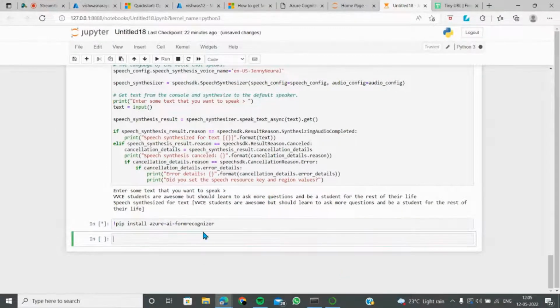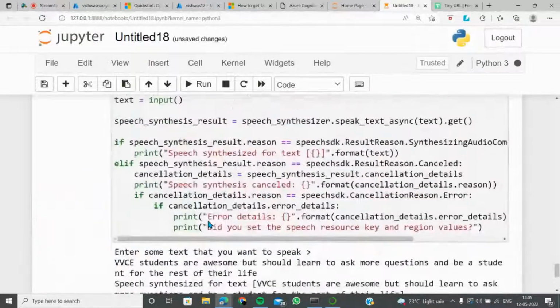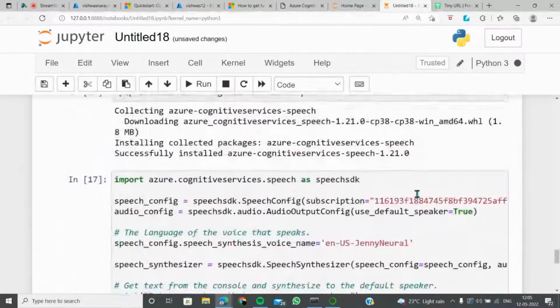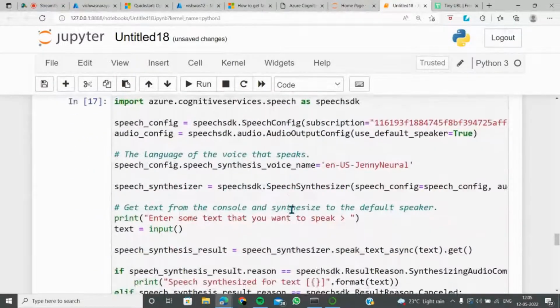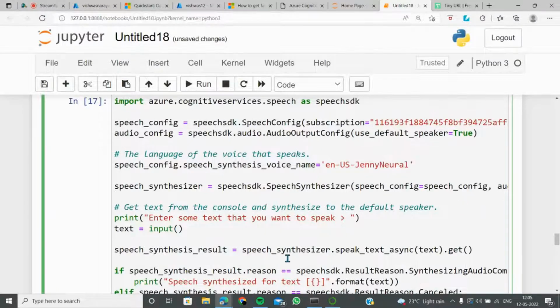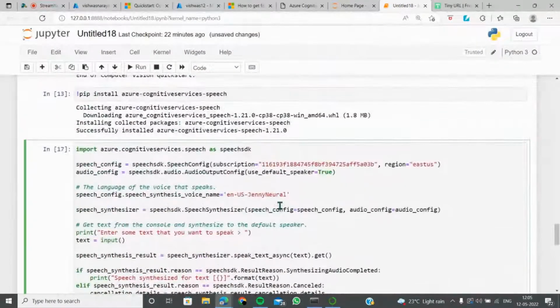You need not do much coding here. You just have to go through that. So this will get installed. By the time, I'll just walk you through the demo of the speech API. So I installed that. That's perfect. What we are doing here is very simple. We are calling the speech API and saying, we want you to configure the speech SDK for me with the region and the subscription key, and you have to give me the audio configuration, which is true.